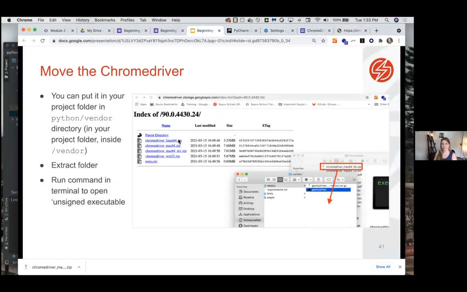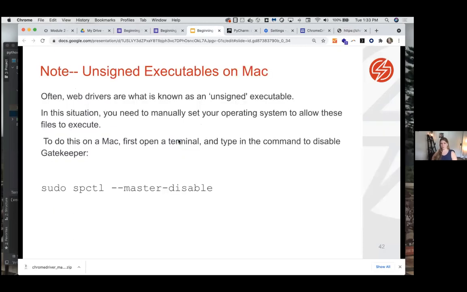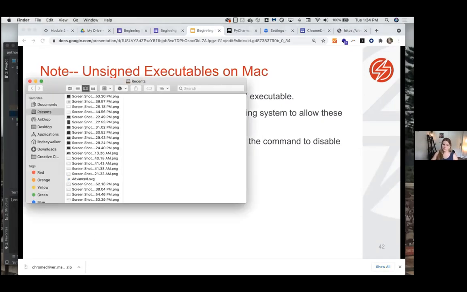So just like I did here, you move the Chrome driver into the vendor directory. A quick note, if you are anything like me, Mac has started coming down on unsigned executables. So the drivers are usually unsigned, but you still want to be able to run them on your Mac to do tests. So you need to disable something called Gatekeeper. So if you get a problem where you install the Chrome driver